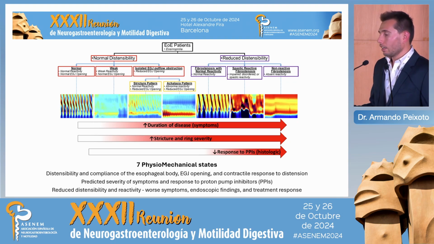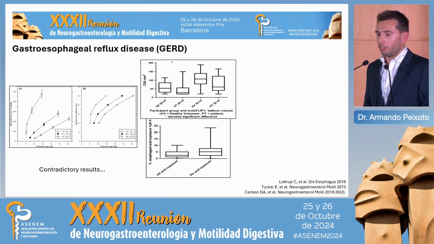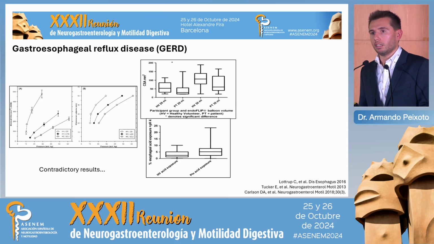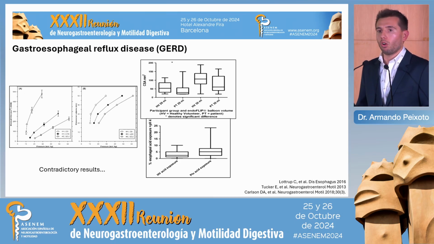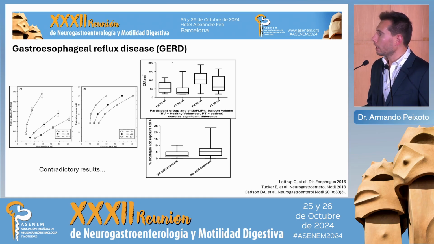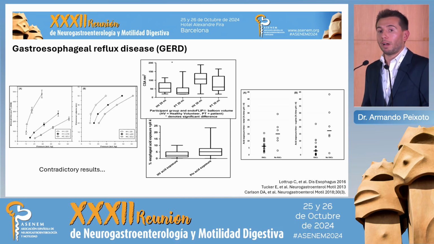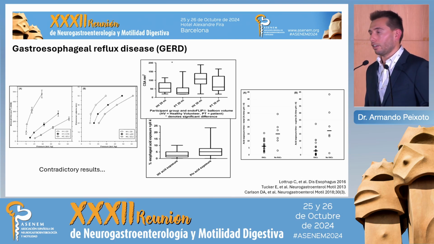In reflux disease, we don't have so much information about the role of ENDOFLIP in defining patients with more or less risk of getting reflux disease, because there is not a clear correlation between the opening dynamics of the AGJ and the exposure to acid. These are two different studies with different conclusions, but there seems to be a correlation that has been shown in several studies with a normal contractile pattern in secondary peristalsis, so the clearance of the esophagus, and less exposure to